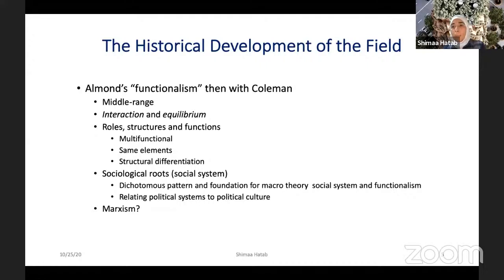So they try to come up with a general law in order to make political science or the field of comparative politics kind of sciencey, to come up with a theory in order to make it scientific, okay? So they are not related to this socialist path, okay? So you got confused about this separate table and you need to categorize all of this. So the main rationale behind this separate table, just to mention that